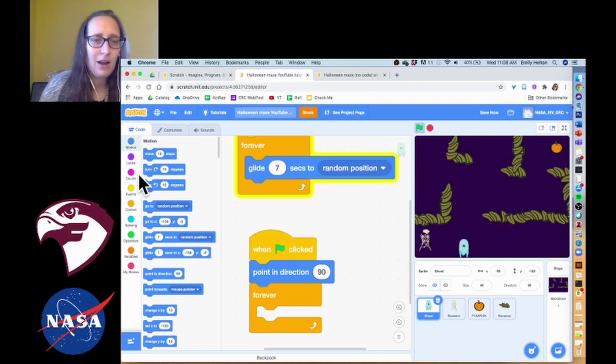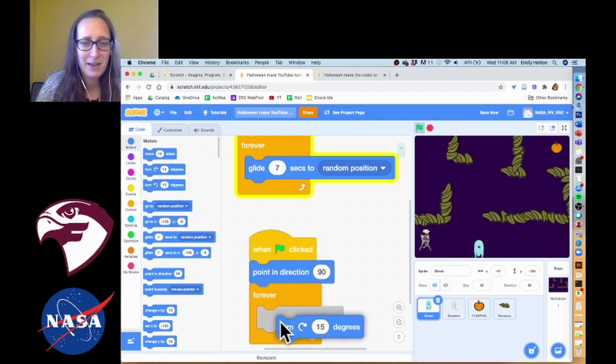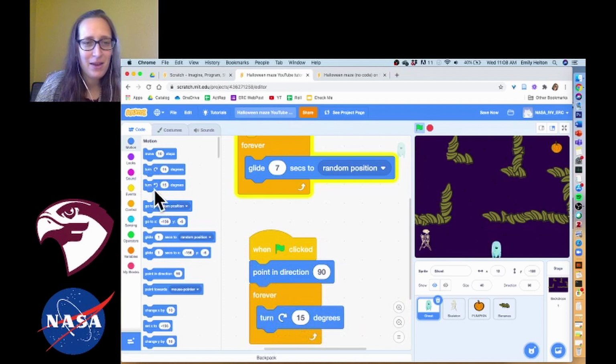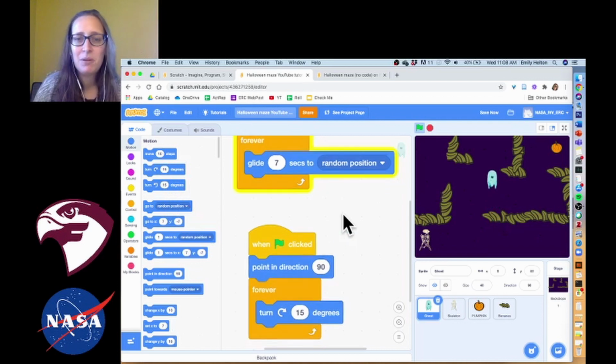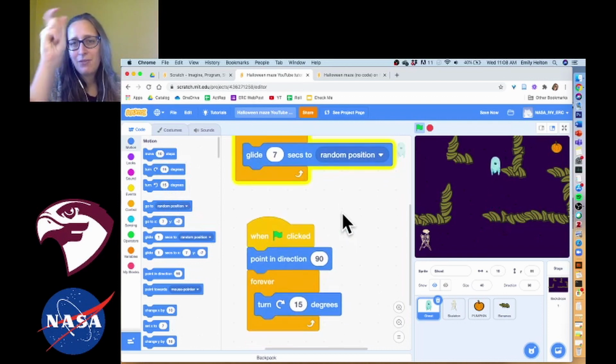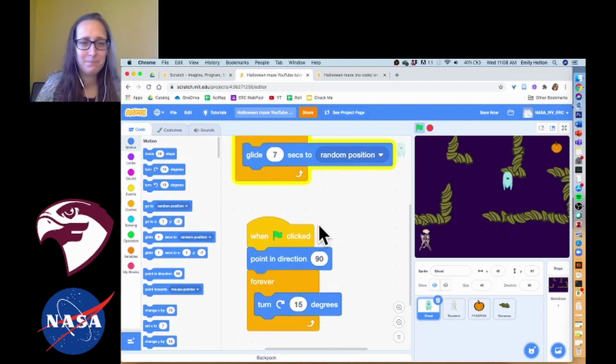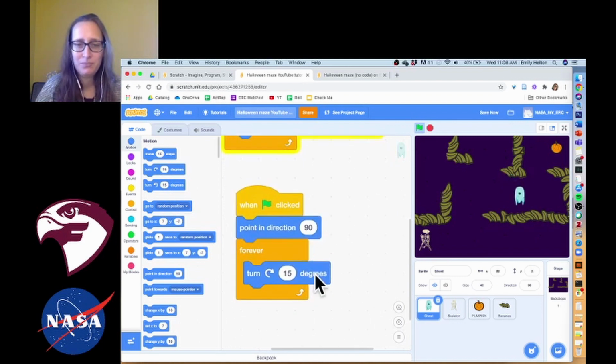Yeah, this is the one I want. That says turn however many degrees. It doesn't matter which of these turn ones you pick. Okay, we're going to put in some code that makes it not matter. But basically, I want my ghost to just kind of wiggle back and forth a little bit. And so what I'm going to do is, instead of setting this,